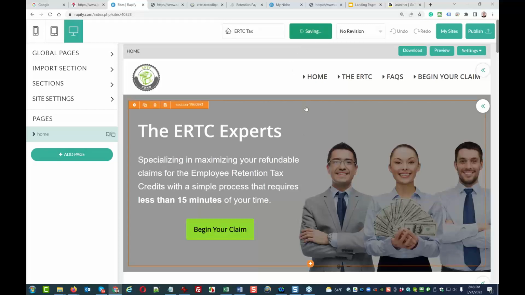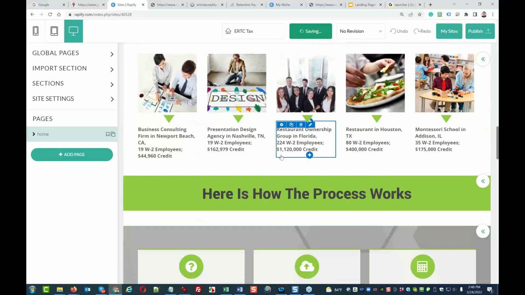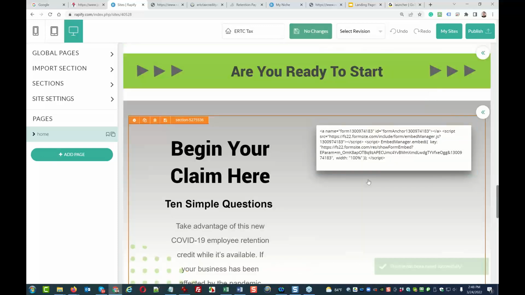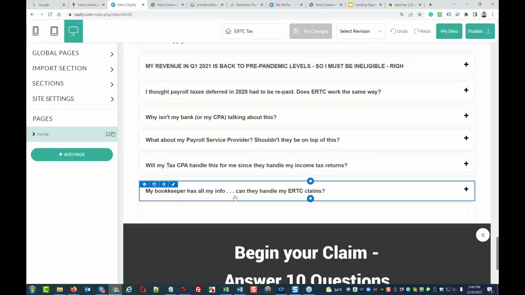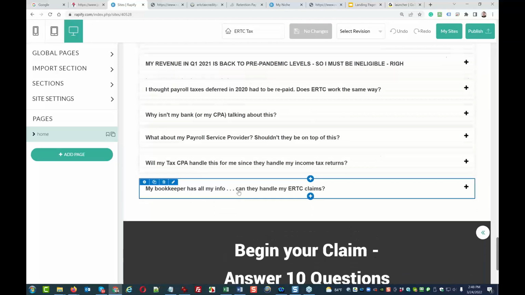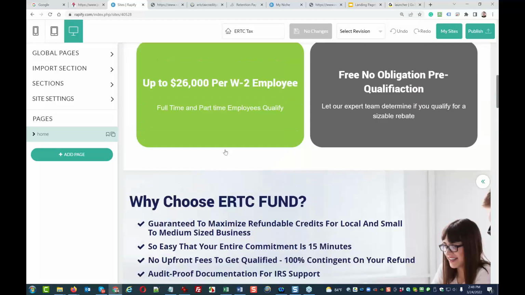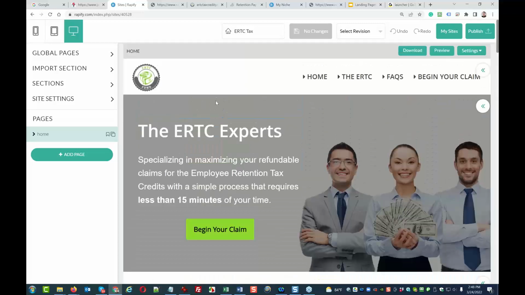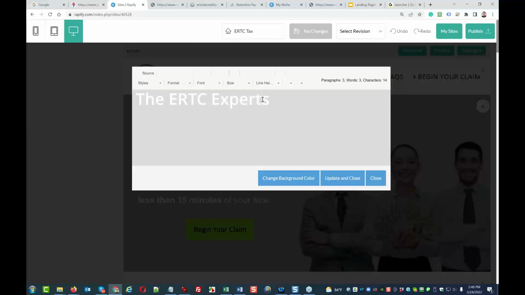Now you make your changes. This form is already good. This form is a special form from Vanessa. You can update the questions. You can update the headline, whatever. Let me say the E2C expert. You click on the pencil and type the expert.